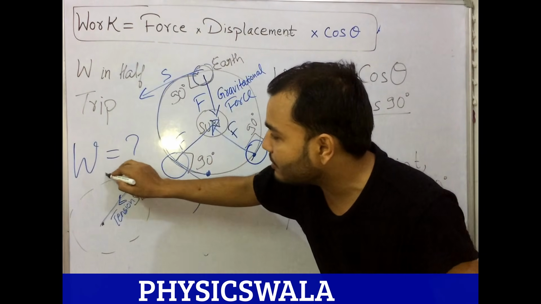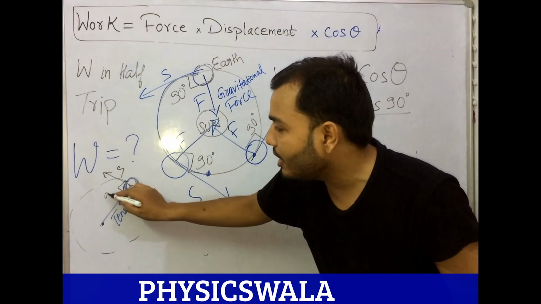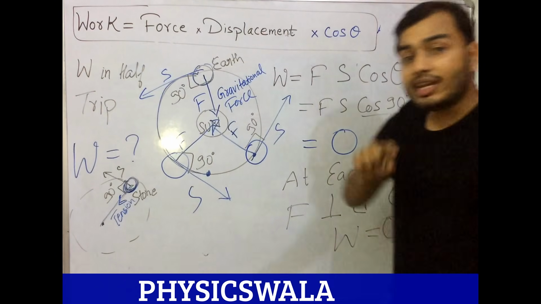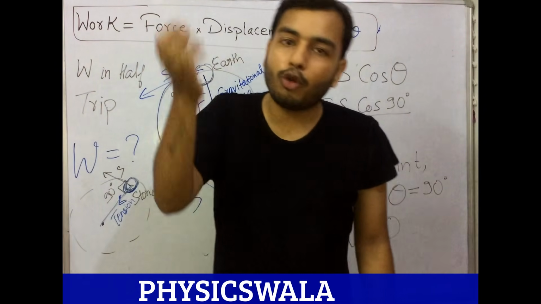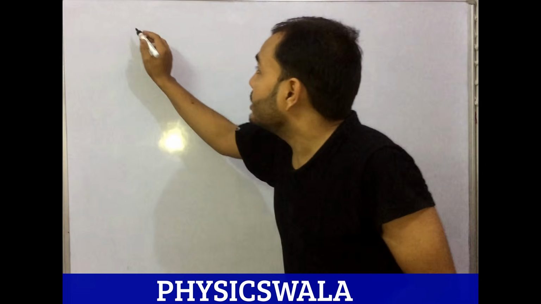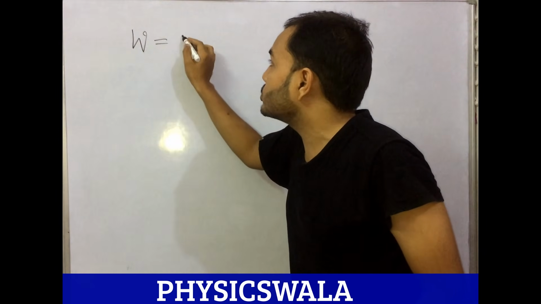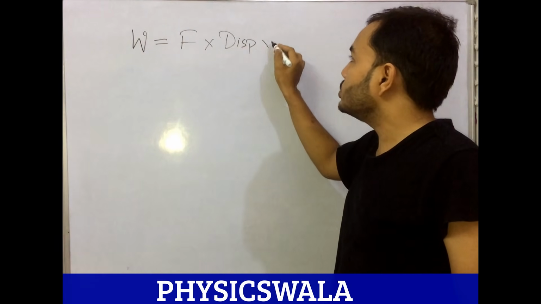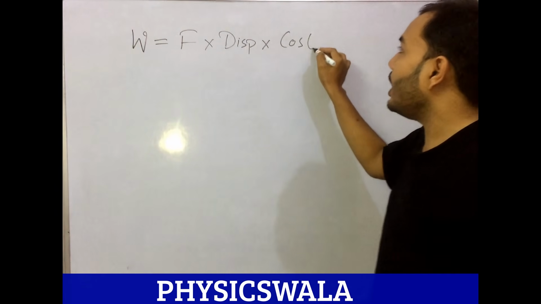And what is the displacement? Like this. So what is the angle? 90 degrees. And again the work done is 0. So in a circular motion, you can say for class 10th level that the work done is 0. Okay, so till now we have studied that work is equal to force into displacement into cos theta,